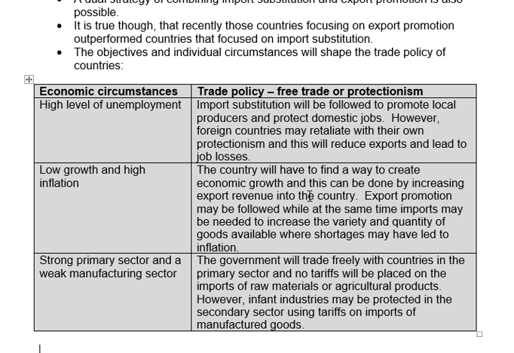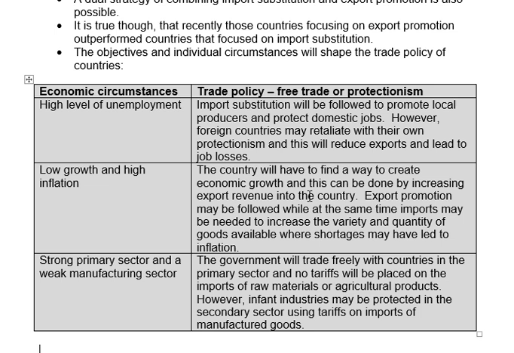Now we want to encourage, obviously, more goods to come into the country, even if they do come from foreign sources, to reduce the scarcity in the country and bring down inflation. So we use export promotion to create the growth, and we allow for imports to come in to reduce scarcity and bring down inflation. The last example: if the country has a strong primary sector and a weak manufacturing sector,